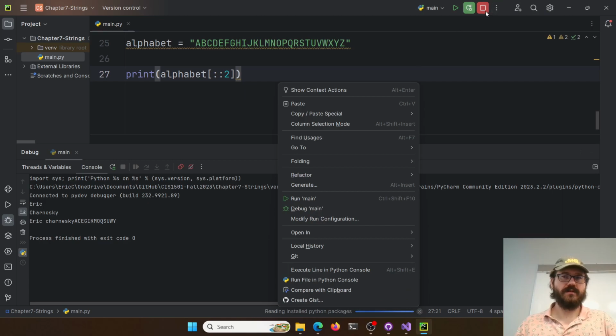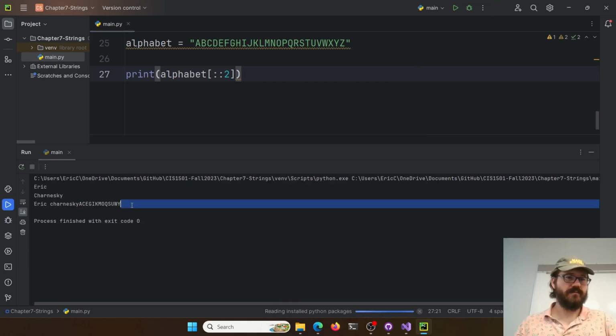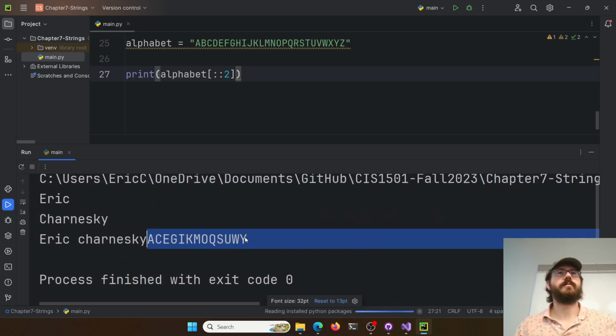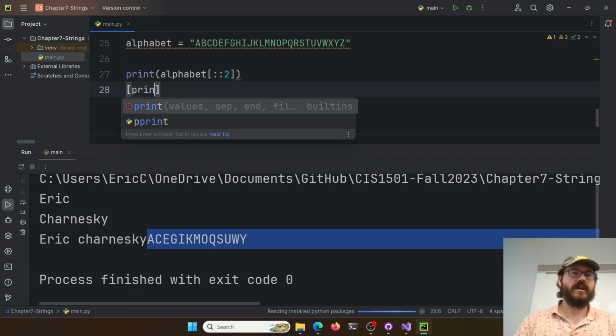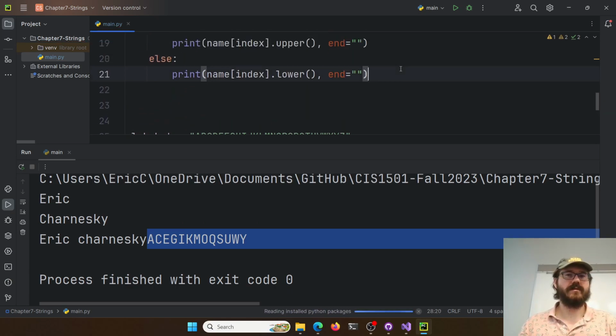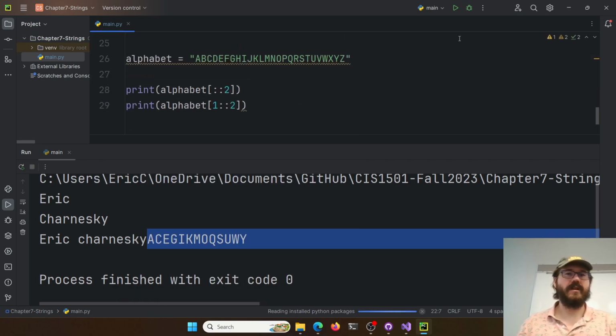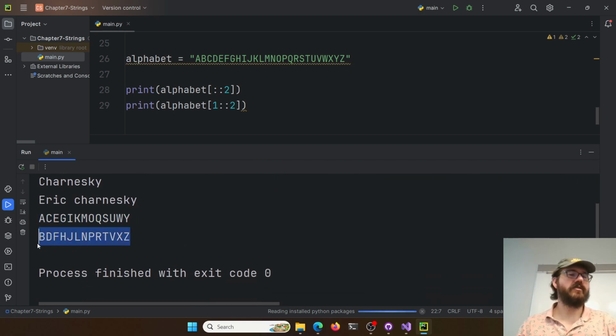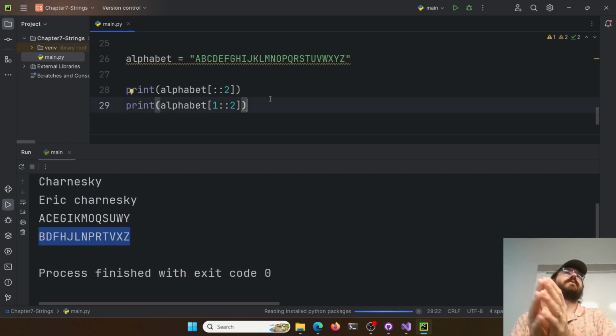Oops, not debug. Just run. That looks like every other letter in the alphabet. Super weird looking, but you can. And then maybe we want to print out the other letters. So if I want every other letter, I could start at 1, end is optional, stride by 2. At the end of this, I need to print just a nothing. So here's every other letter, and here's every other letter starting at B. Sure. So if we wanted to smush those two together and kind of jumble our alphabet, we could, right? That works out, if you wanted to stack one after the other.